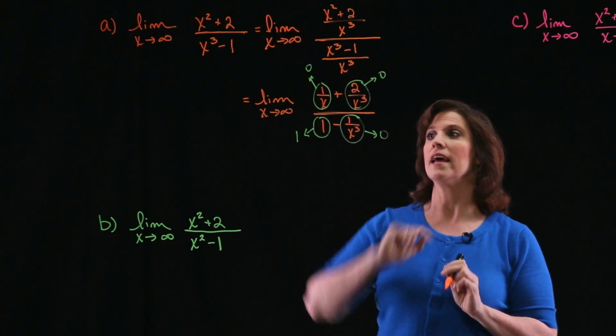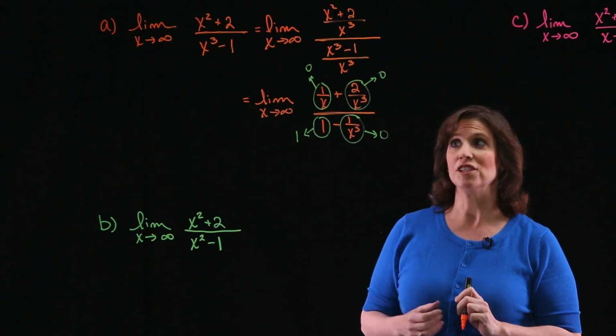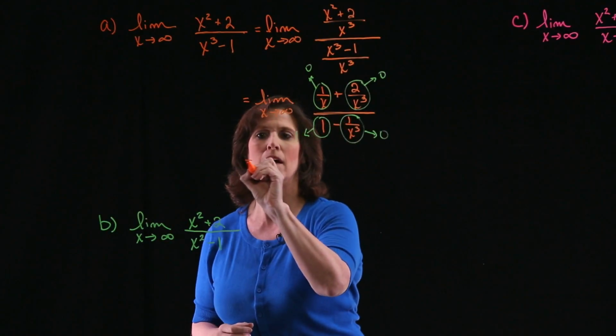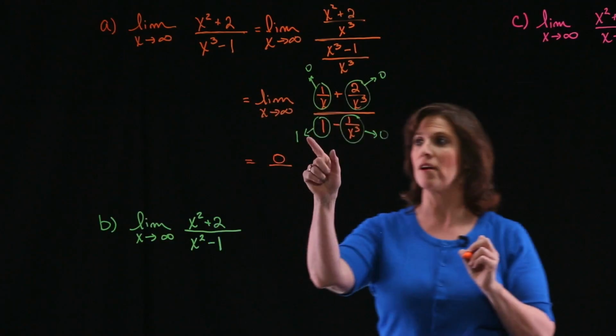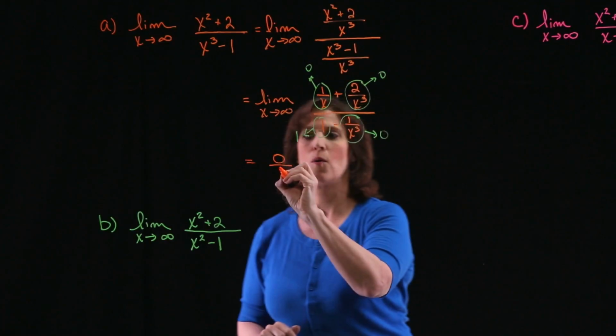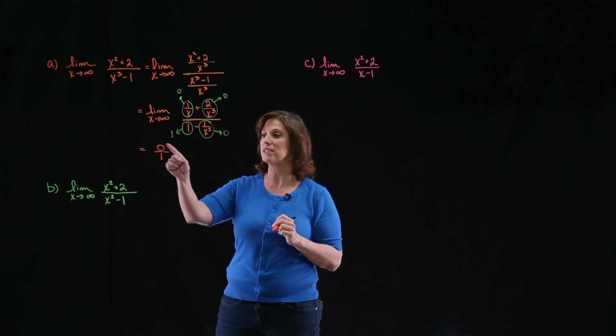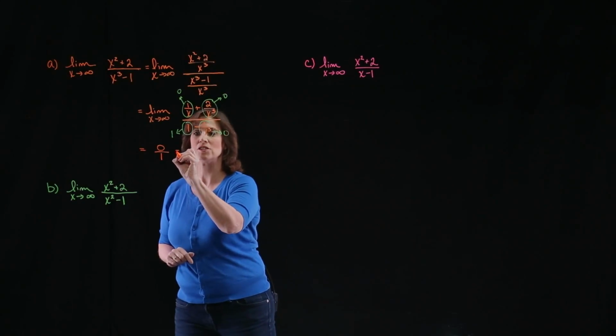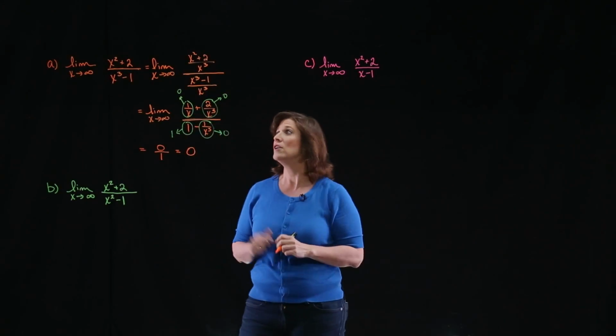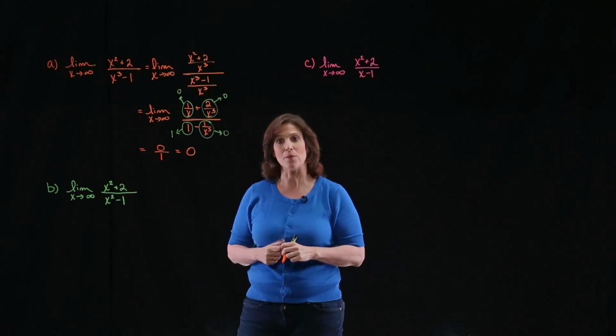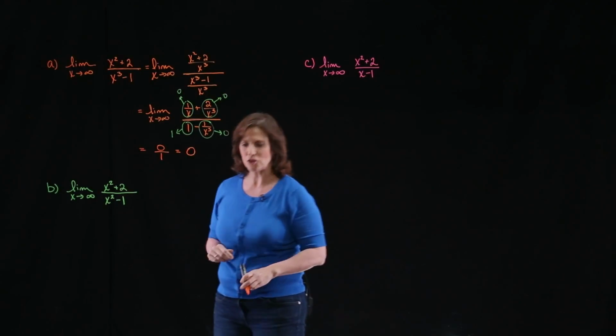Well, in the numerator, it looks like the entire expression is going to 0. And in the denominator, it's going to 1 minus 0, which is a 1. I no longer have that indeterminate form. It's approaching 0 over 1, which is 0. So my original limit is 0. Okay, let's try this again